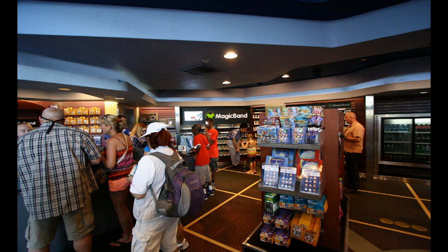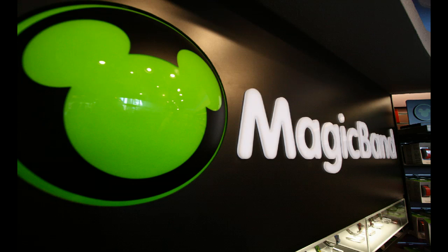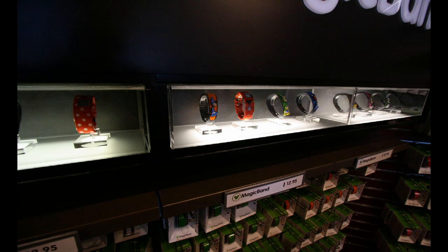You see it takes up this wall, but also this wall here, not so easily seen behind the display case from this vantage point. Now, when you get there, you will see MagicBands of every color, pink and red and blue and yellow and green and orange and so on, available for sale. Now, however, if you duck a little bit closer to the display case, you'll see that they've got all of these tricked out bands on them,